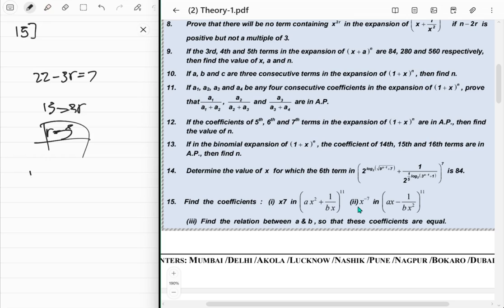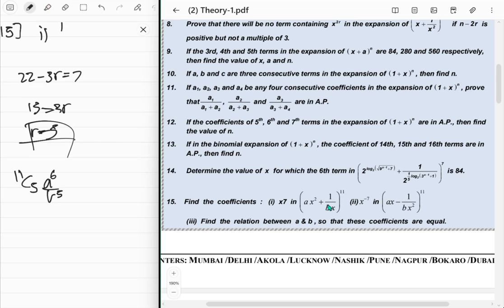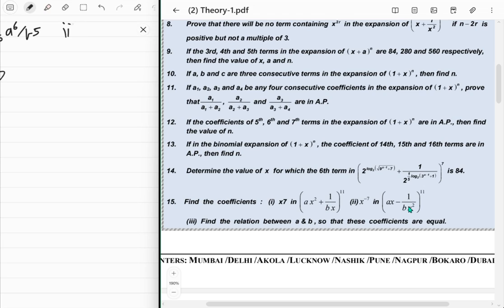That means it's going to be 11c5, and then you got a power of 11 minus 5 is just 6. Then b power 1 upon b power 5. Oh yeah, I'll just leave it like that. So 1 is just 11c5 and a power 6 upon b power 5, and 2 is, so now in second